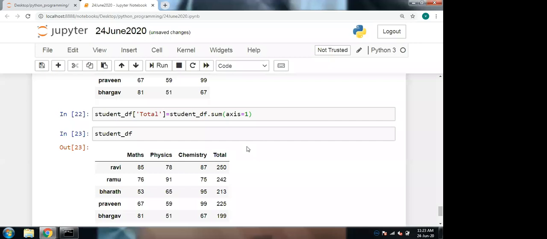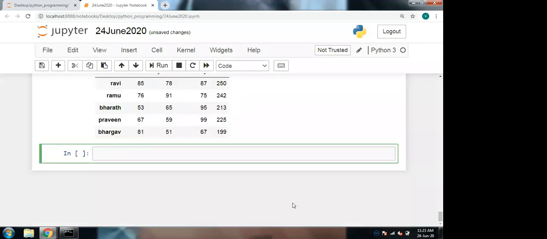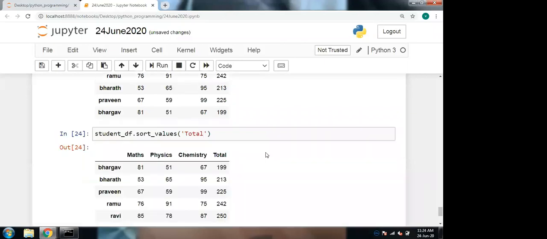For that we have the function student_data_frame.sort_values. sort_values is the function, based on total. By default the values come in ascending order.